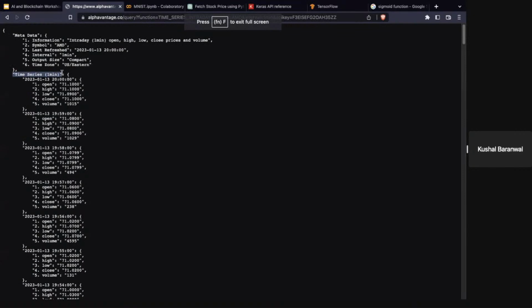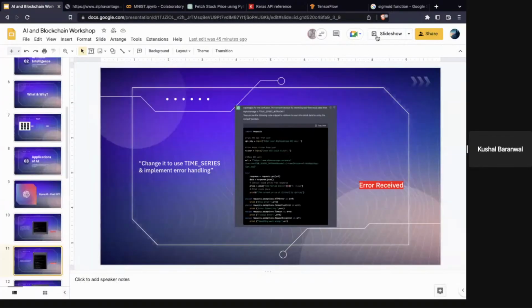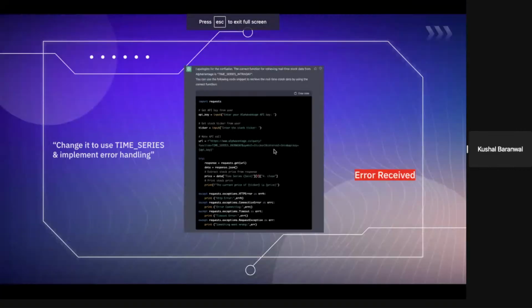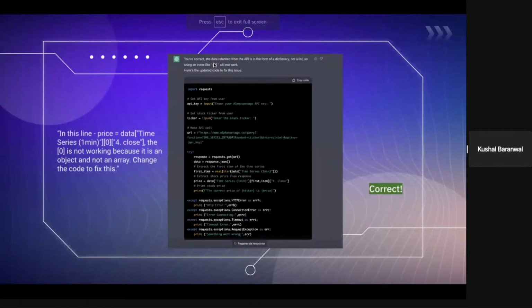This is the time series 1min. But then you can't get the 0th element from this because it's not an array, right? So again, it's just saying things that are very obviously wrong. So I had to tell it, okay, in this line, the 0 does not work because it's an object. And then it fixed it, and it ended up working, right?